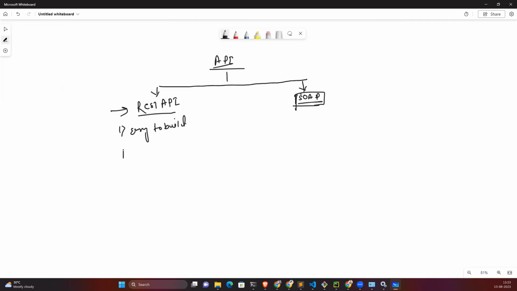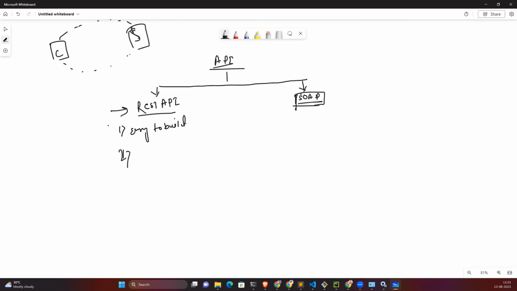Number two. There are two things, right? One is the client, another is the server. The client can communicate with the server and the server can communicate with the client. REST API says you can pass data in the form of JSON, text, whatever data format, to the server.